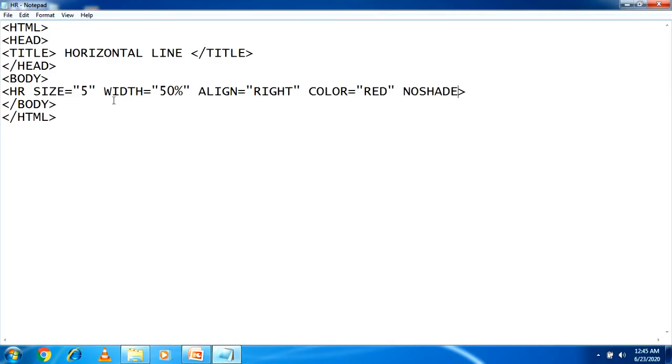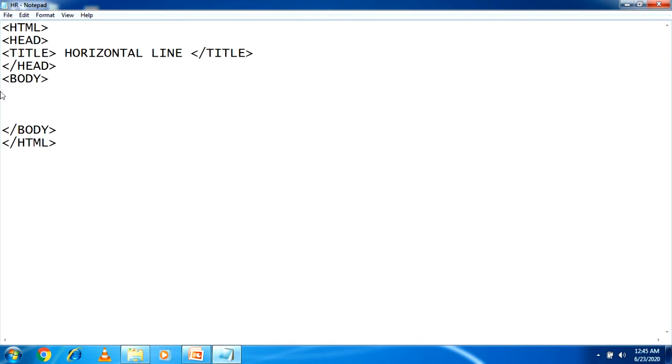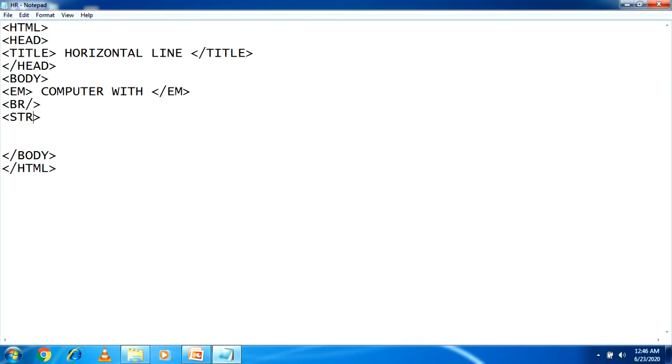I open the same screen again, and in the body portion I will remove this line between the body tag, and here I am writing the emphasize tag. First I will show EM computer with, here I close the emphasize tag and I break the line,